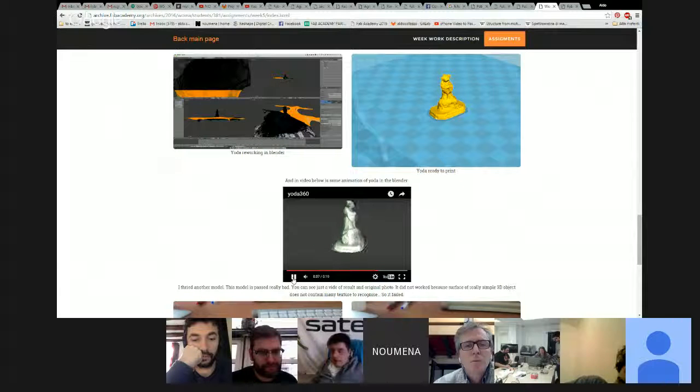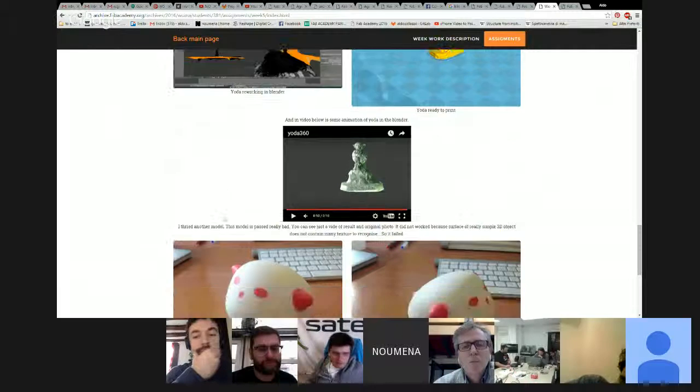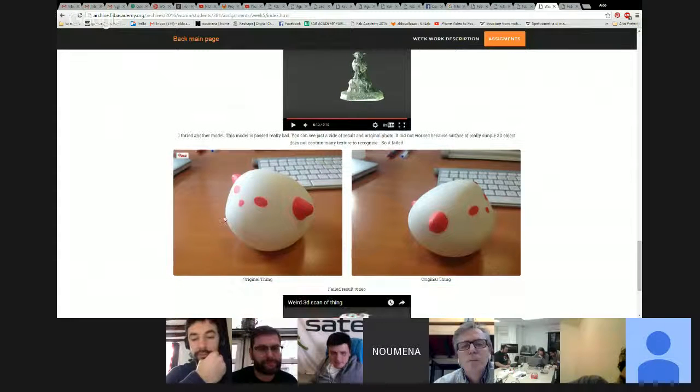And then I checked the limits of this scan. This method of scanning is reconstructing 3D objects from images. So the simple photos must have texture. I took a really simple object. If you go a little below, it's the IKEA thing. It's really